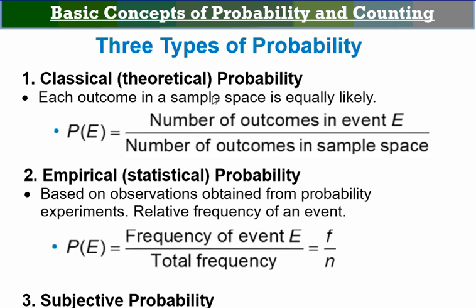So the difference between classical and empirical, flipping a coin is a good example. Classical, we would say there's a 50% likelihood that I could get heads or tails. So if I flip a coin 100 times, classically I would expect 50 heads and 50 tails. Empirical would be, maybe I don't know that off the bat. Maybe I want to know the likelihood of attaining heads or tails, so I flip a coin 100 times and I get heads 53 times. Empirically, then I would say the probability of getting heads would be 53% because I'm basing it on my actual data. And so that's the difference between basing probability on data and basing probability on theory.